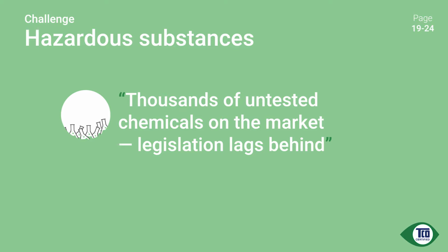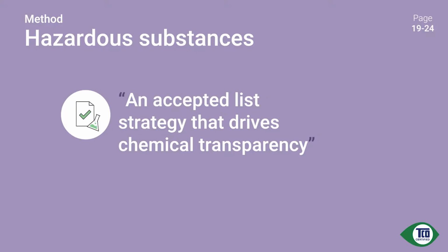So we introduced a new type of criteria in TCO Certified. It is an accepted substance list instead of a list that bans a few substances. So we introduced an accepted substance list where we only accept flame retardants that have been assessed and have known hazardous properties, and where the toxicologists consider these chemicals better alternatives than other chemicals that are available on the